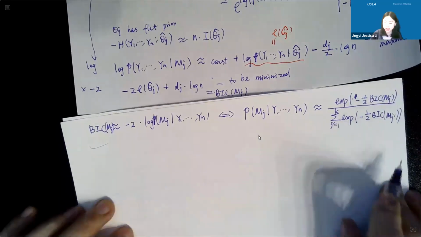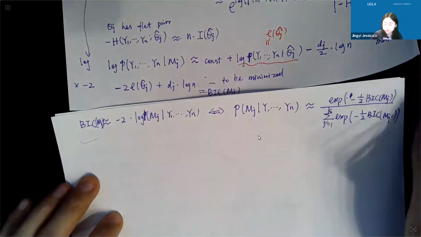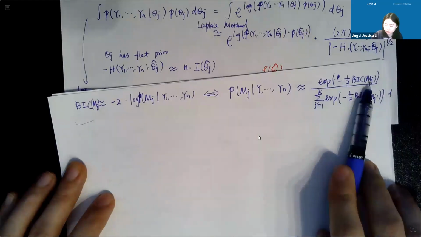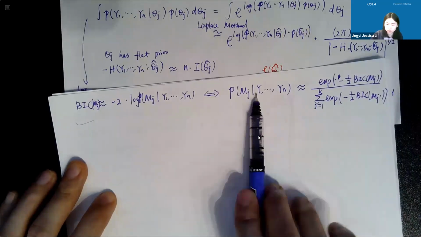Okay, so I can have this relationship. In other words, with the BIC of the K models, I can approximate the posterior of each of them,